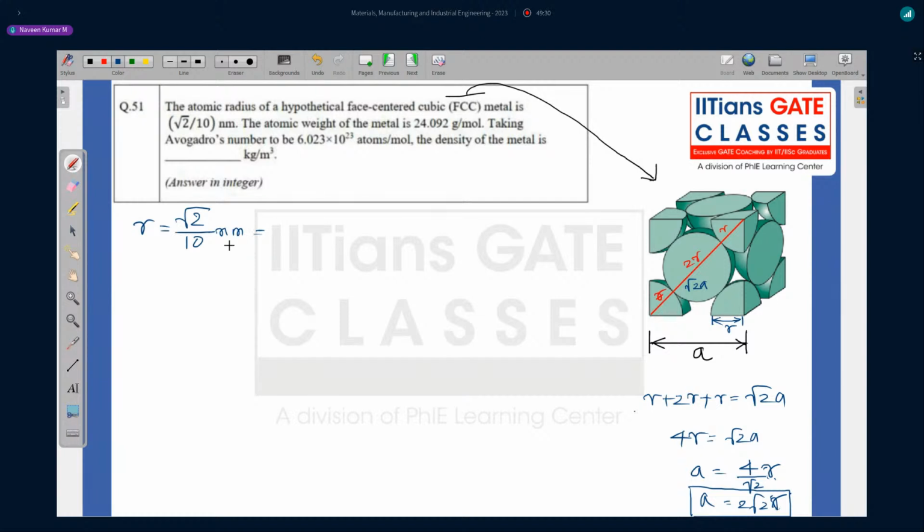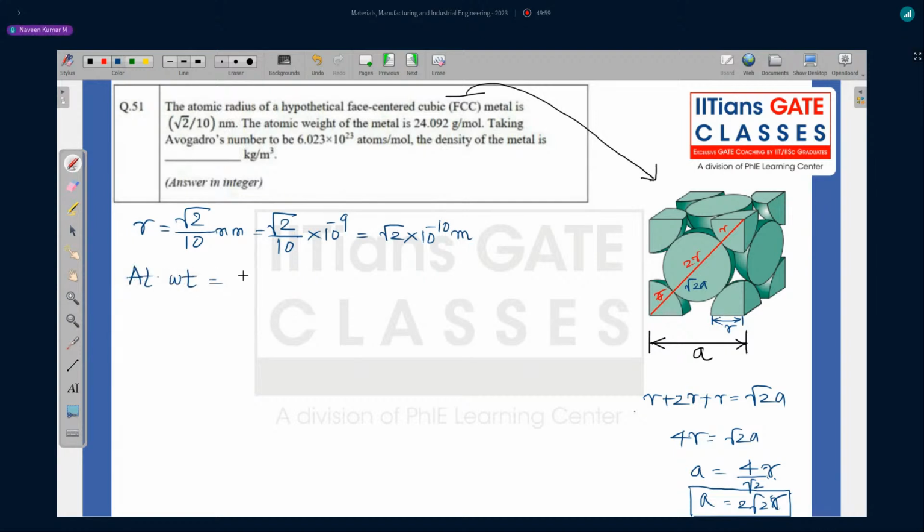Let's make everything into one unit, so we convert nanometers to meters. A nanometer is 10 to the power of -9 meters. So I can write this as 2 into 10 to the power of -10 meters, because the 10 also gets combined there. And the atomic weight is